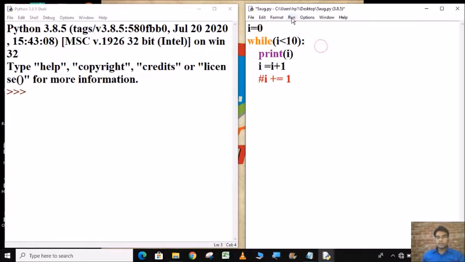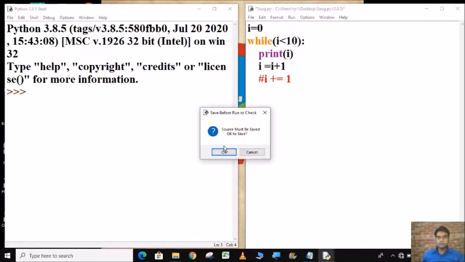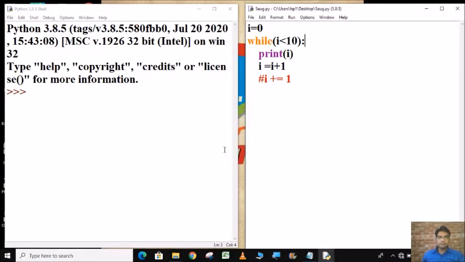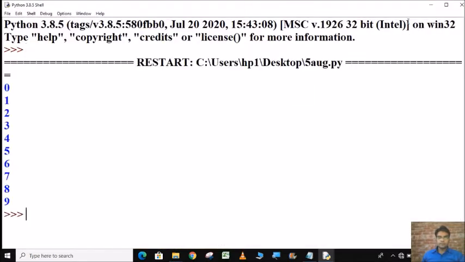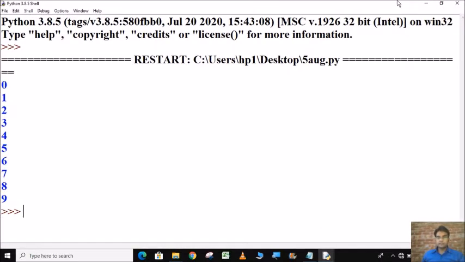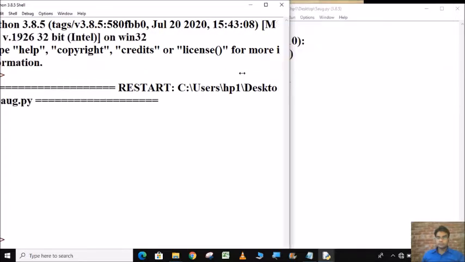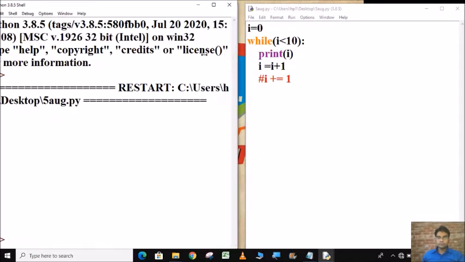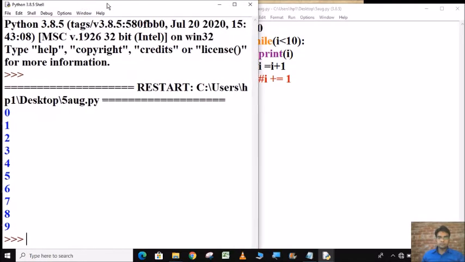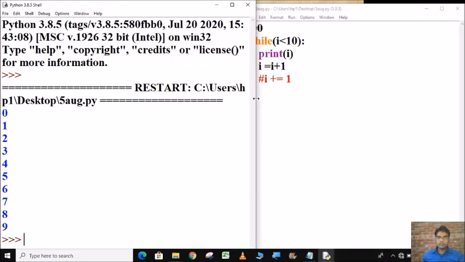So let's run the code. 0, 1, 2, 3, 4, 5, 6, 7, 8, 9. See, it is printing till 9.